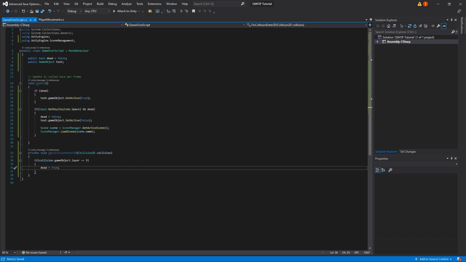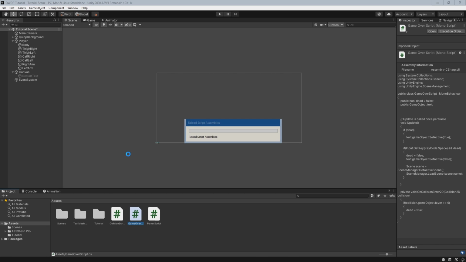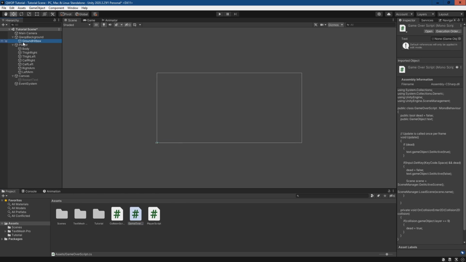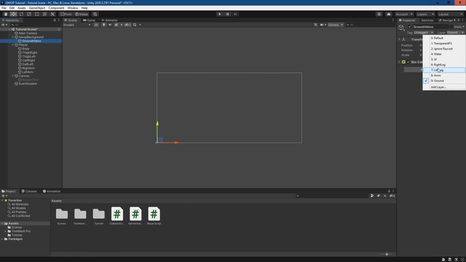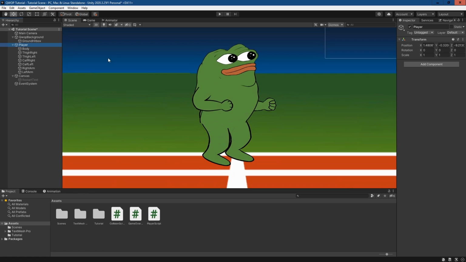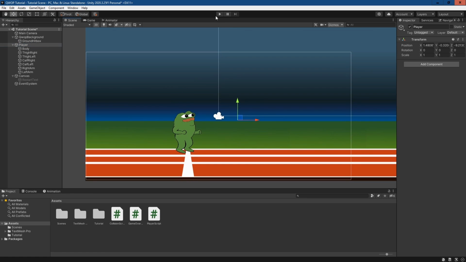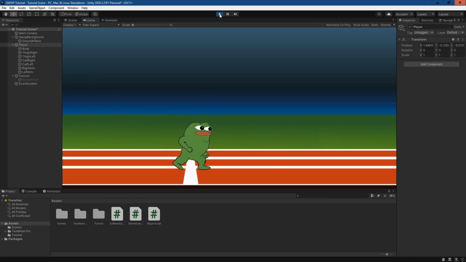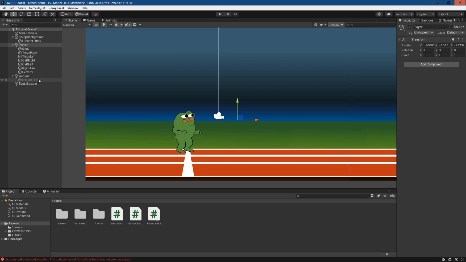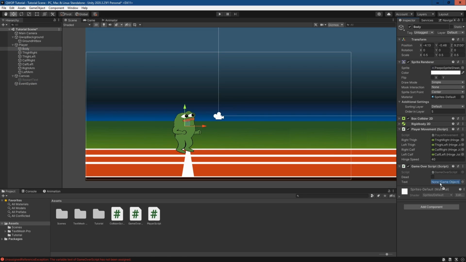So if we go back into Unity, you'll be able to see here that on the ground hitbox, we made sure that it was on the ground layer. So if we then go back to the player, zoom out a little, now we can click play and everything should work from there. So we've got movement on our player, and if we fall over, we've got a problem. And so the first thing we'll need to make sure we do is, if we go to the script, we'll just need to make sure the restart text is referenced. And if we clear these error messages, then if we click play,